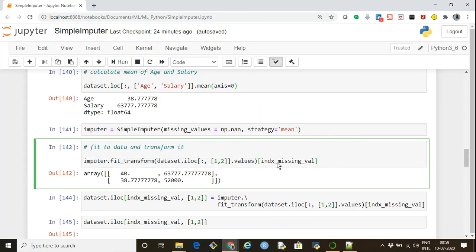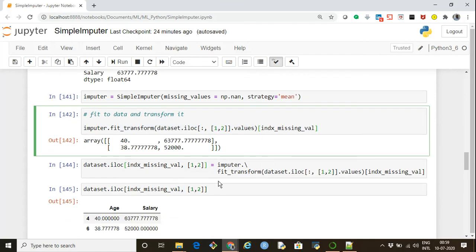So basically I'm just utilizing the index that I had created earlier for the missing values. Now again we can assign these values back to the original dataset using dataset.iloc. Since I want to replace only those records in which missing values were there, I'm passing the index of those records and the index of the columns 1 and 2, which represent age and salary.